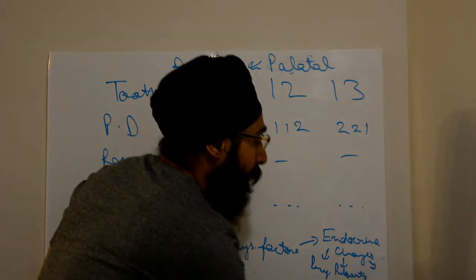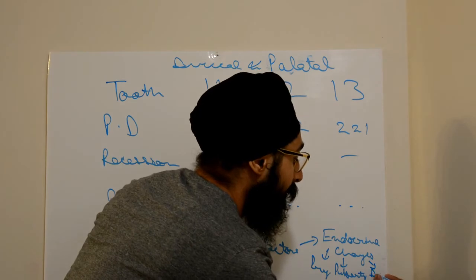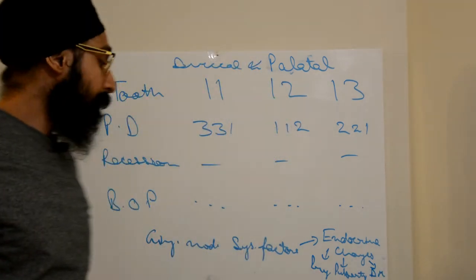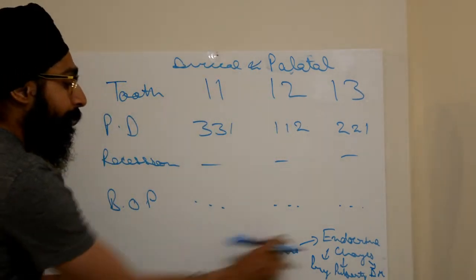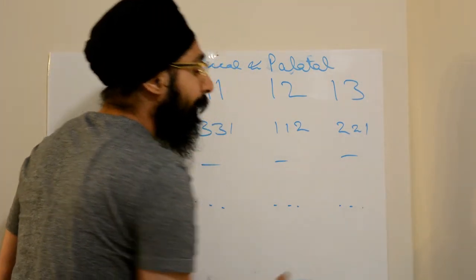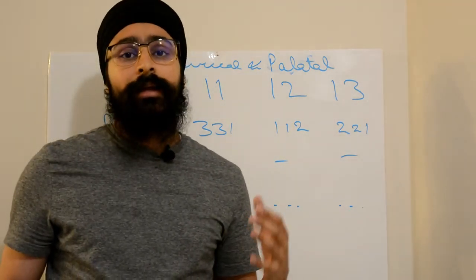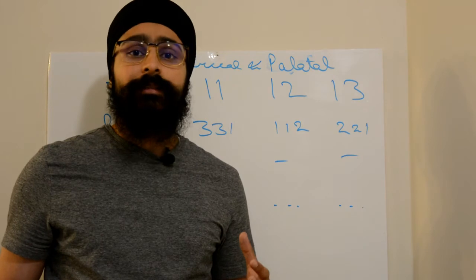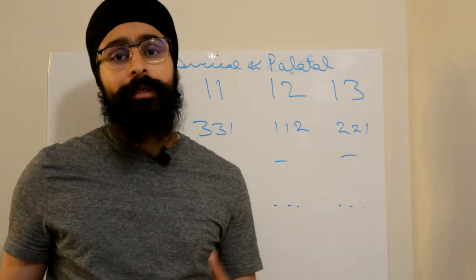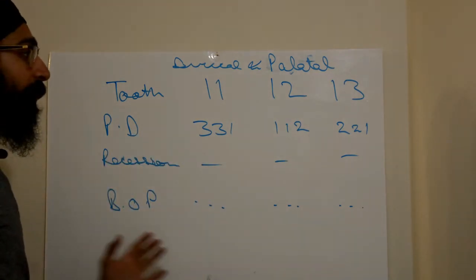Another thing that can be because of systemic factors is diabetes mellitus. Friends, let's say in the history it was given that the patient is diabetic. It's just given that the patient is diabetic, they don't say whether the patient is well controlled or poorly controlled, and they have given you a chart like this.